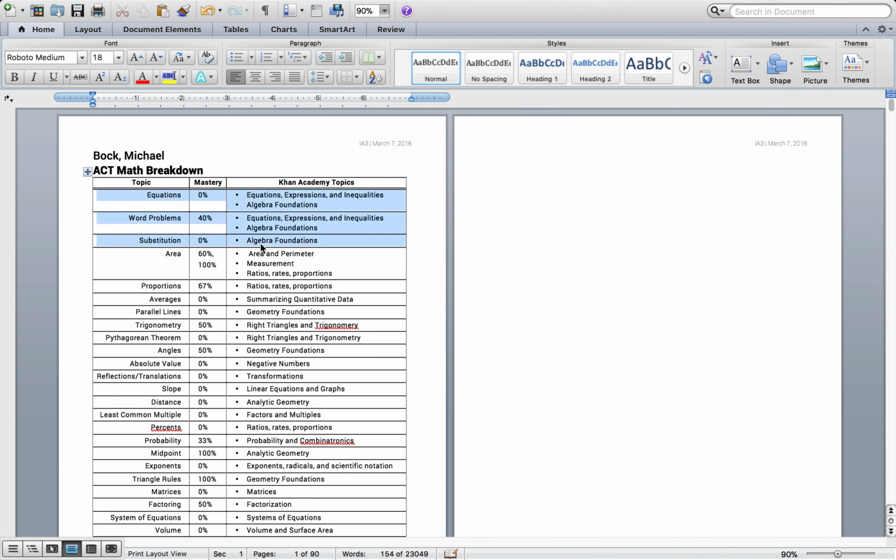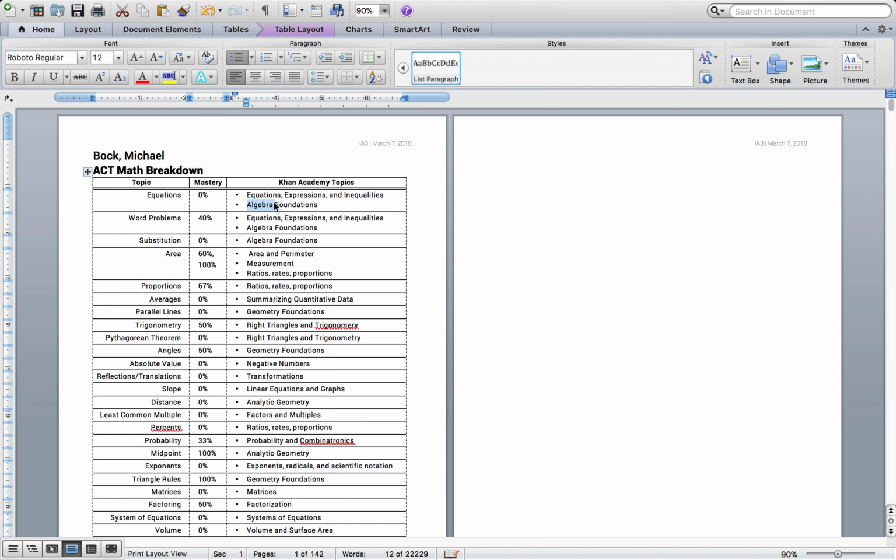Now on this breakdown, this is entirely hypothetical, by the way. I do know how to master equations. I'm going to look at the top skills up here, and I see that this first one is at 0%, so I'm going to start with that one. You should start with the first one in this list that is lower than 80%. So for me, that's definitely the first one, equations, but for some folks, it might be the second or the third one. Since I need to work on equations, I'm going to start by doing this Khan Academy topic, equations,